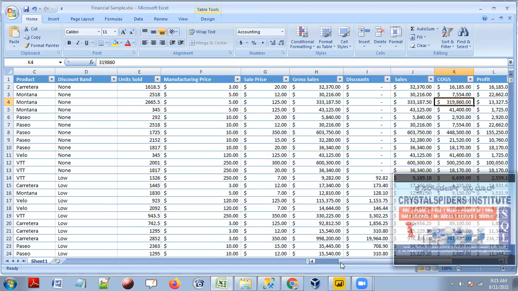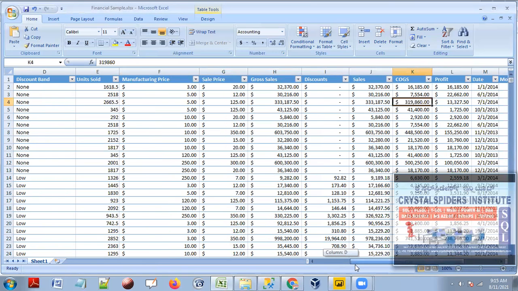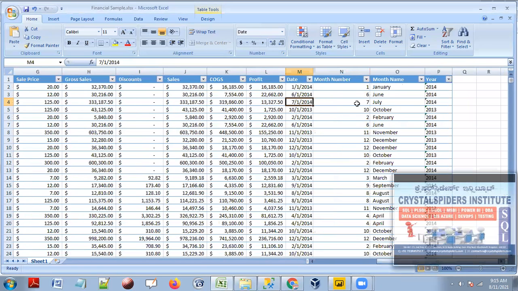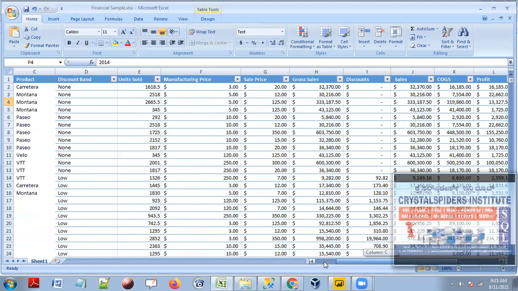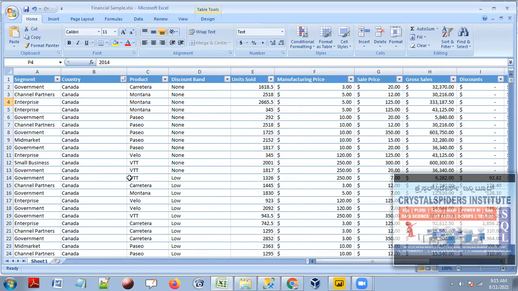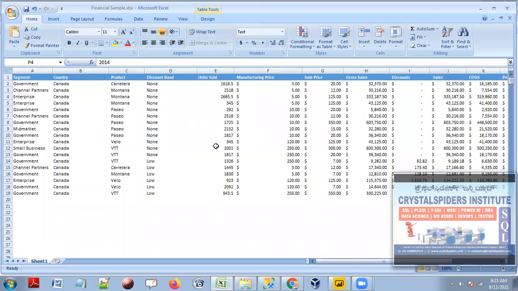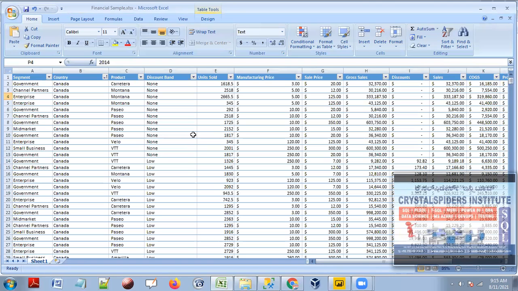And the COGS represents, let's take it, all a kind of expenses and costs, and this is the total profit. This is the date on which they did this transaction. The same date is split into three separate columns: day wise, month wise and year wise. So this is the data we have, and this data is really nice, guys, because you see in this data, how to identify, sir, which columns are dimensions and which columns are facts.